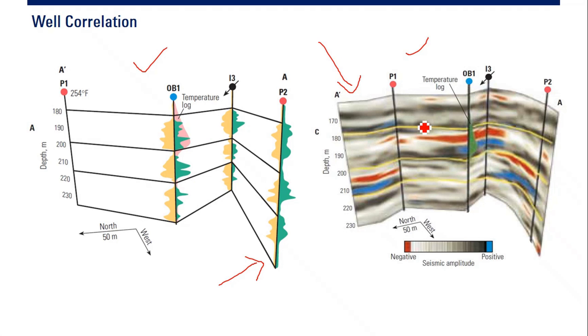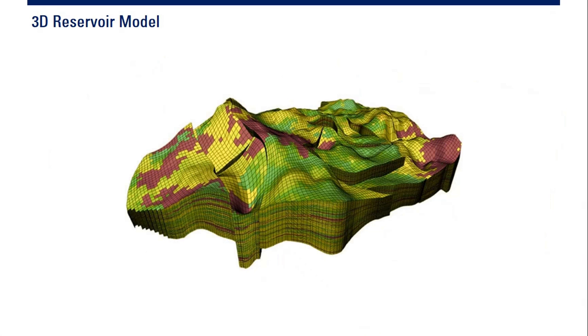Okay. And all of these things, if you have the map, you have the log, you have seismic, you know the top and bottom of your reservoir, you can create a 3D reservoir model. Usually the one who creates the reservoir model, we call it a geomodeler. Okay, geomodeler. So this is the 3D reservoir model that will be used for reservoir simulation. Okay, so previously at the beginning, it is created by the geomodeler. Okay, a geomodeler usually is a geologist. So it's not an engineer who creates the model first.